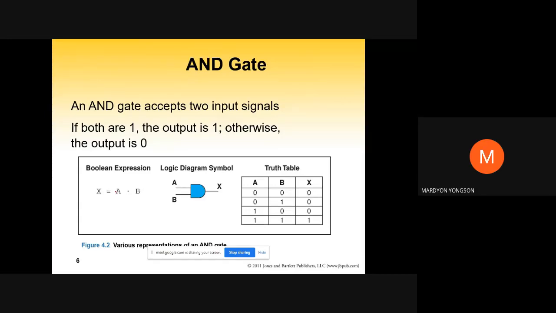Okay, multiplication. So for AND gate, 'di ba, we use multiplication kasi tina-times natin, ino-multiply natin yung two inputs kapag AND gate. So 'di ba dito sa Boolean expression na 'to, ang ginagamit natin multiplication. So x equals a times b. And then for logical diagram symbol niya, so ayan, we have two inputs, we have a and b, and then x yung output. So kapag nilagay natin na sa truth table,